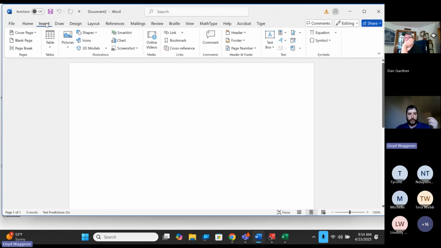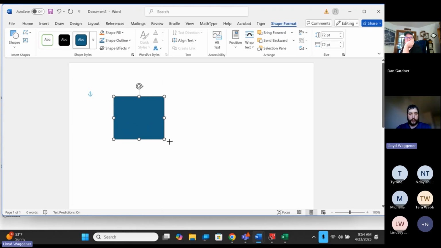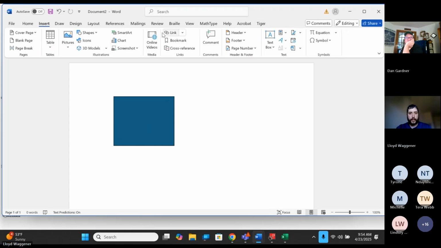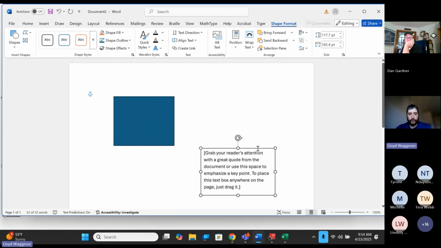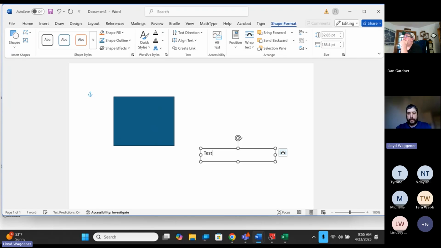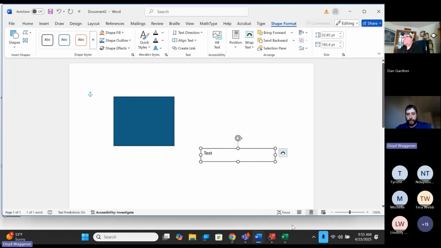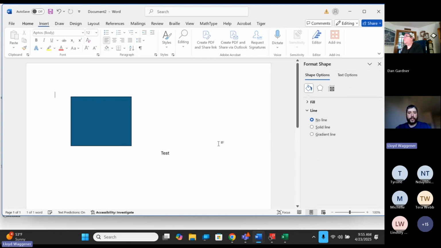So as Sarah was mentioning, you can insert shapes in here. So let's say we want to insert a shape. You can do that. And then also, if you go to insert, you can do a text box. Just going to do a simple text box. And the nice thing is you can move this around to wherever you want. Let's say test. And let's see, format shape. I think it's under line. It has solid line. I'm going to say no line. And then when you translate it,